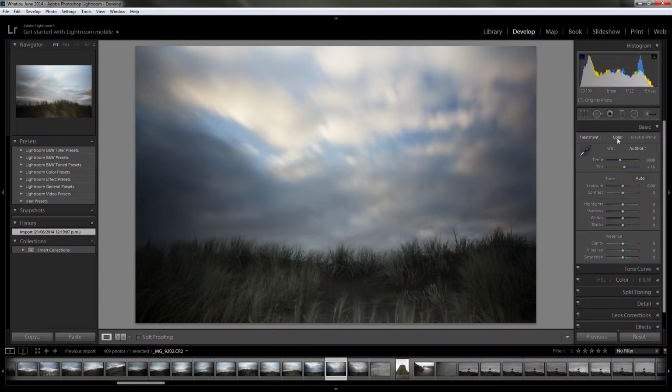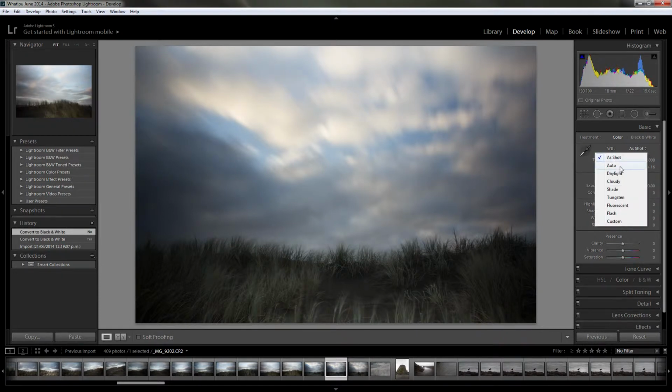Firstly, you have two tabs here. Your treatment tab, color or black and white. You'll see that they both have all the same settings, except in black and white you won't have vibrance or saturation. Going back to color here, you can adjust your white balance using this tab here: as shot, automatic, daylight,